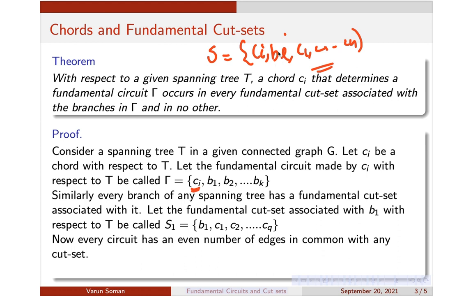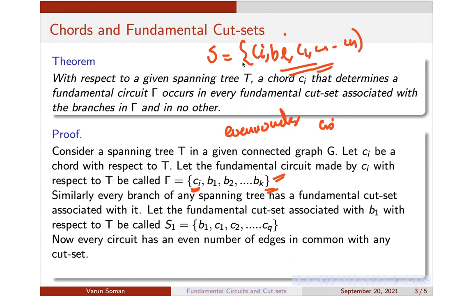Okay, so what will happen if I take a cut set like this? Is such a cut set possible? It is not possible because always a cut set should have an even number of edges in common with a circuit. Okay, so suppose you are considering this circuit, already Ci is present. Okay, and there should also be one more edge in common, but these B1, B2, etc. Bk are not present here. That is our assumption. So these branches will not be present, and also these are chords, so obviously chords cannot be present here. Okay, so there will be only one edge in common with this fundamental circuit and this fundamental cut set. Okay, no other. So there cannot be an even number of edges in common.